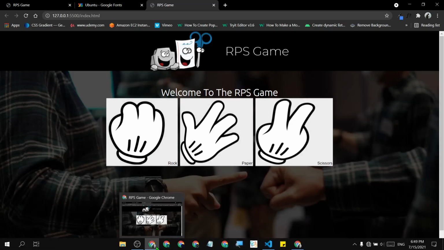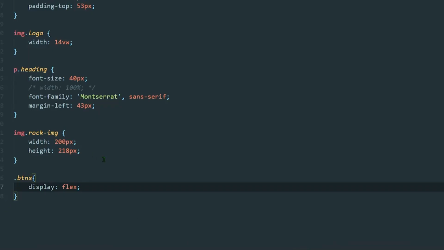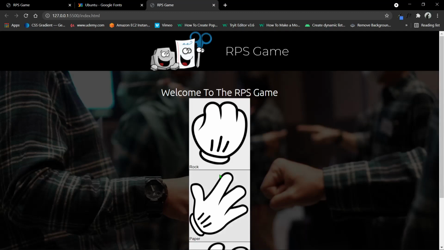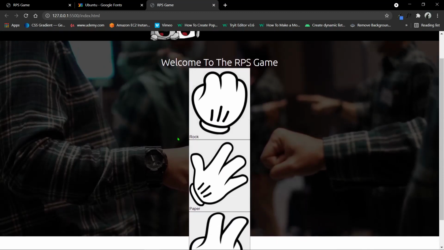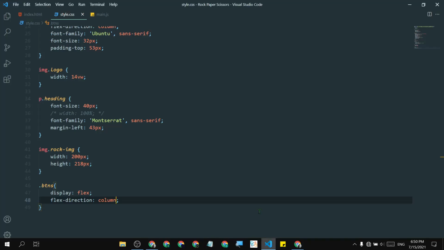Now you will say, using display flex we just make it in one line, right? Yeah, we do that, but using display flex we can set the property flex direction column, which will put this text below this img. Let me just show you display flex and flex direction column. Let's save this. You see, as I was telling, the text has come down, but everything else also has come down. So let's see what's the problem.